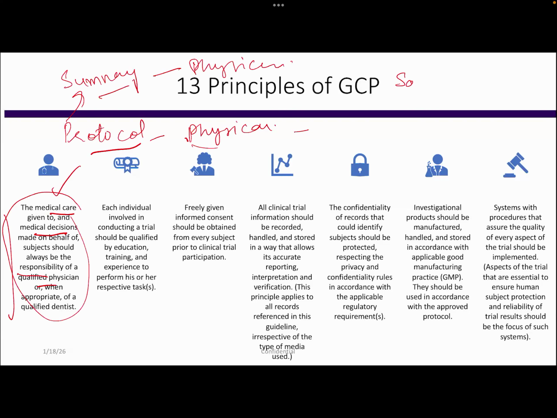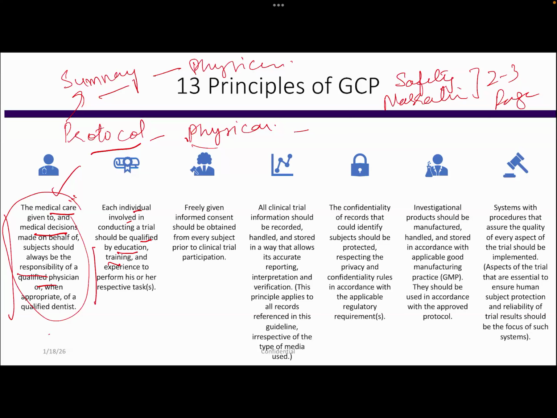Even a small document, a safety narrative, a 2-3 page document you are writing from the SAE form, again a medical expert will review. And of course, at your site, the hospital where you are doing your clinical research, there will be a physician, a medical expert. Each trial staff member should be qualified by education, that is degrees, training, even licenses. Suppose someone is a doctor, they need a medical license. Nurses, pharmacists, their licenses should be approved.